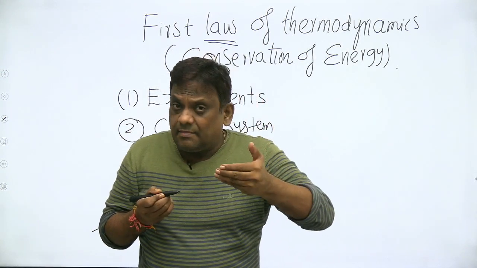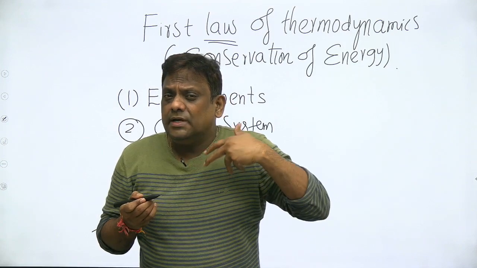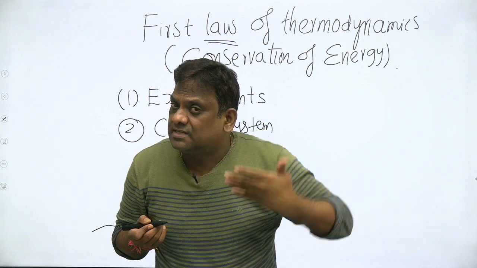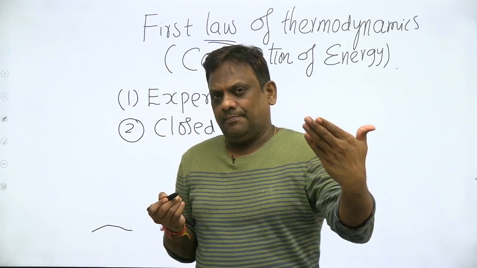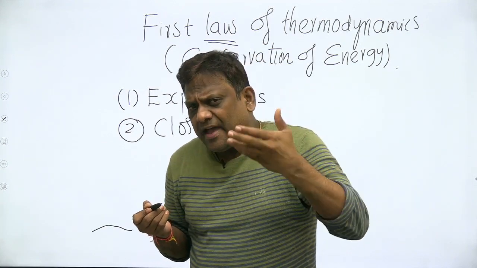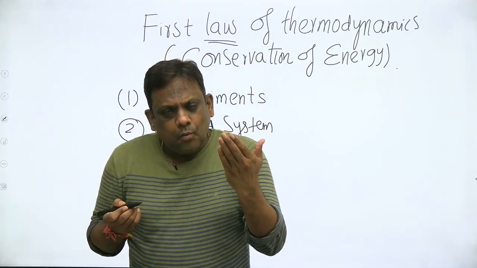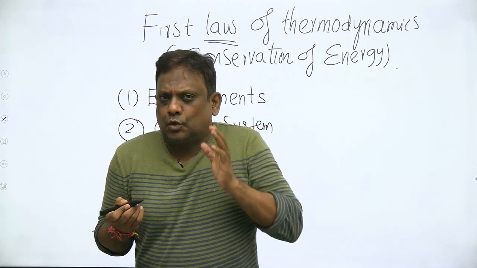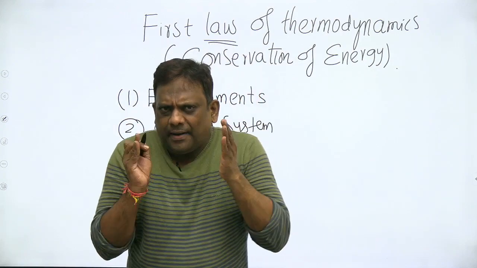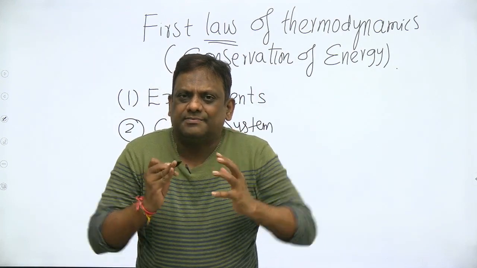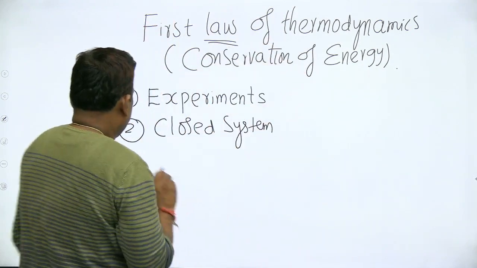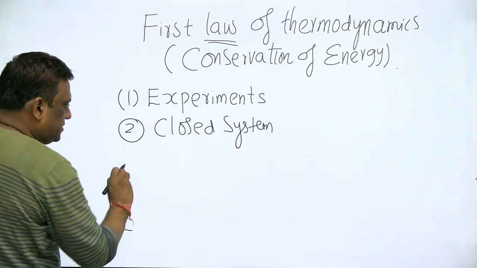So already you have seen in my earlier classes, I gave you equations for work transfer. We called it non-flow, that is closed system work, where there is no flow of mass. We also have work transfer equations for open systems, which we have not discussed yet. So once the concepts are clear with respect to closed system, then I'll move to open system. You don't have to worry about that. Let us first make our closed system concepts strong, then we'll move to open system. So now, experimental observation, closed system.